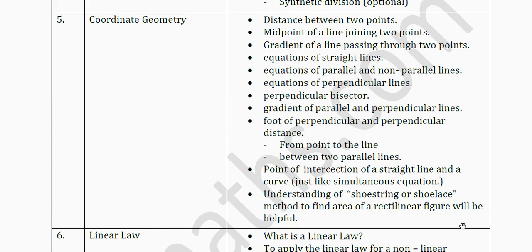So this method of rectilinear figures will be helpful in finding area. Some people call it the matrix method. You should know this, because every shape or polygon will not be of a shape which you know. For example, for a square or rectangle, we know the area formula. But if it is an irregular shape, we don't know how to apply a formula. So this method helps us to find it out.